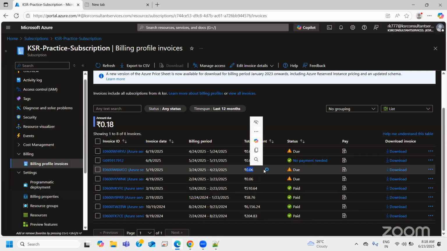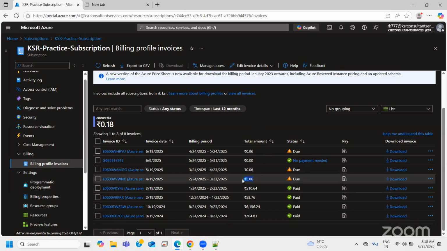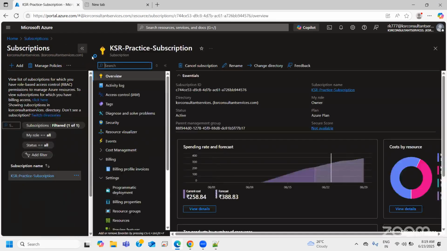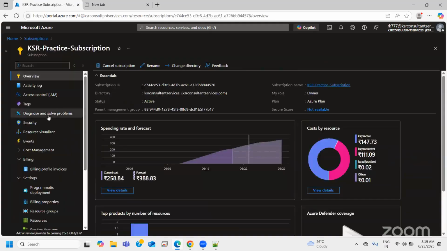It will not give you any specific bill. So it is saying due, but it hasn't deducted anything from my account. This is not a due. It's very small, it cannot be deducted from your card or whatever billing type you have added there. But you can still keep your subscription active. It will not charge you a single penny, right? So that is how the process is adhered to in any cloud service. Without using any services or resources, you will not be charged a single penny inside a subscription.